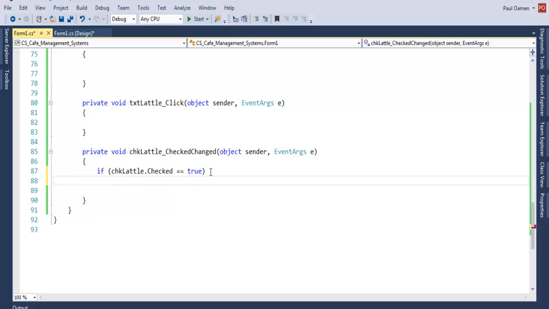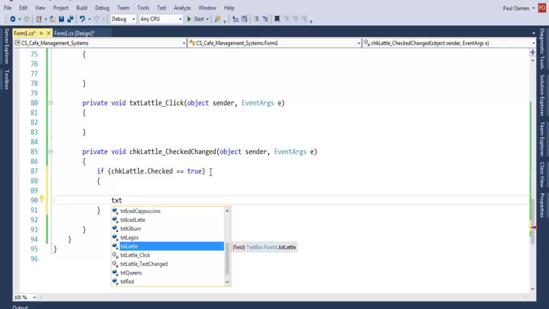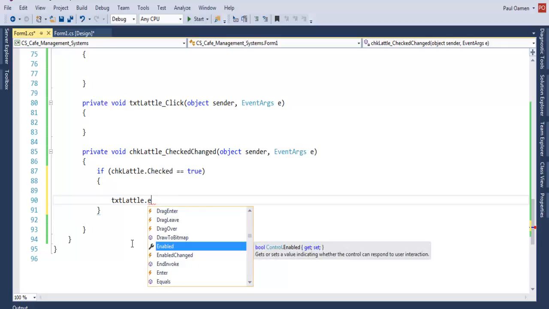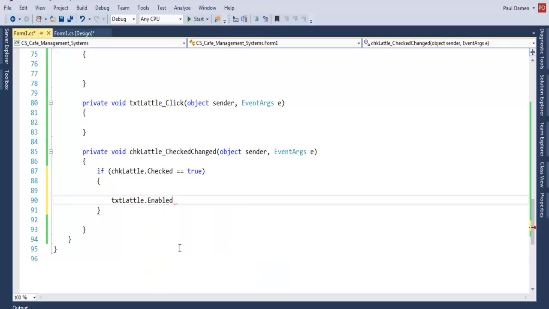Then what I want you to do is, I want txt latte itself dot enabled right there equals true. Okay, we want it to be true, and if it's true, what else do we want? Well, we can also say else. You can say